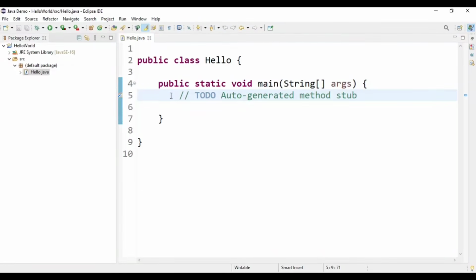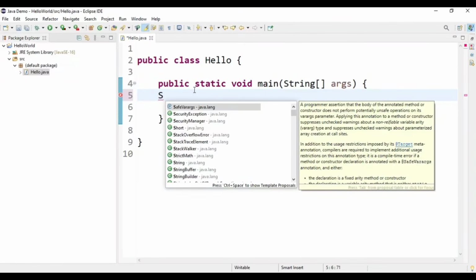Now I'm just deleting this line. My class has been created, and in that the public static void main method, which is the entry point for your Java program, has also been created. Now I'm going to print a simple hello message. For that I need the System.out.println line. I'm writing S and then pressing Ctrl and space.